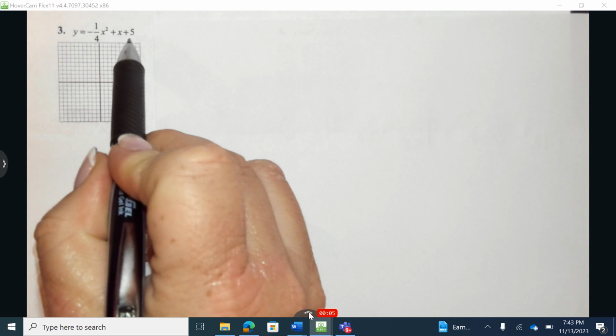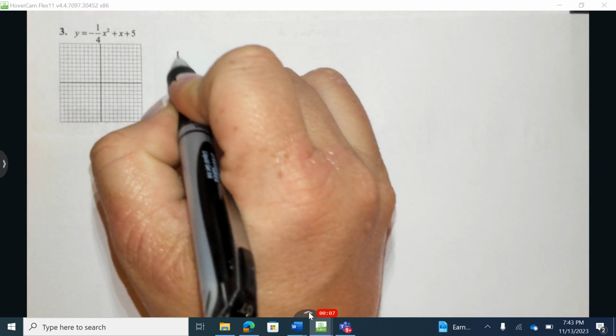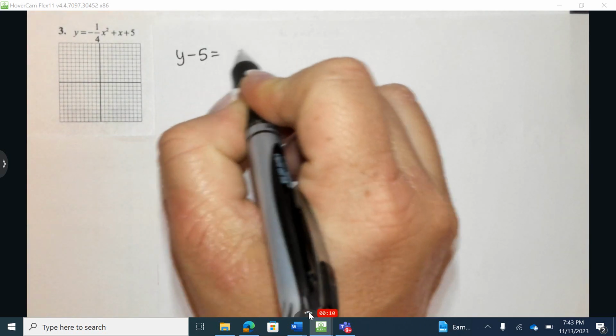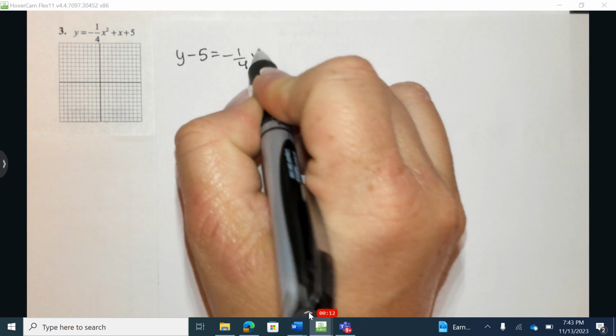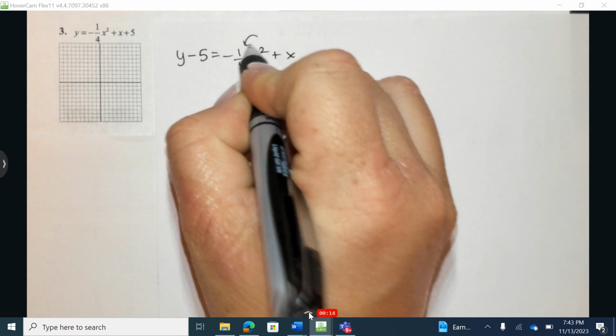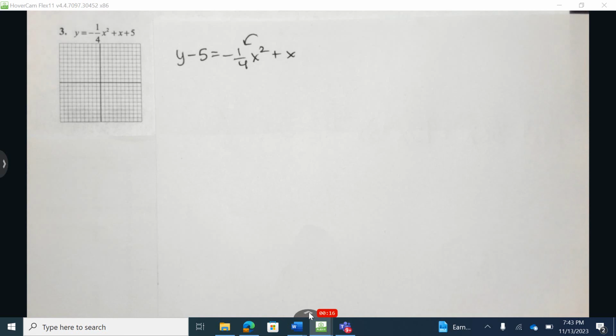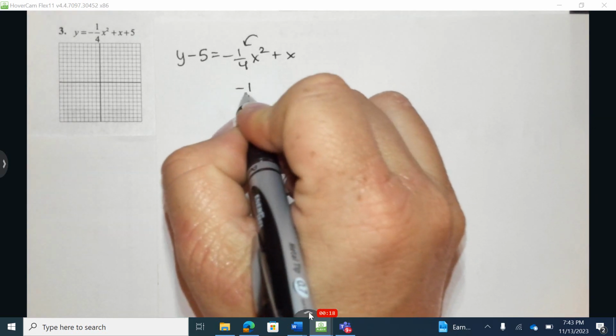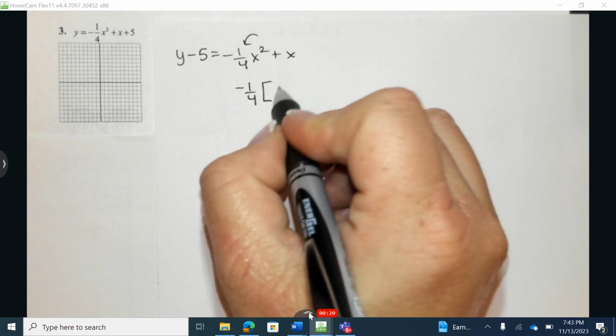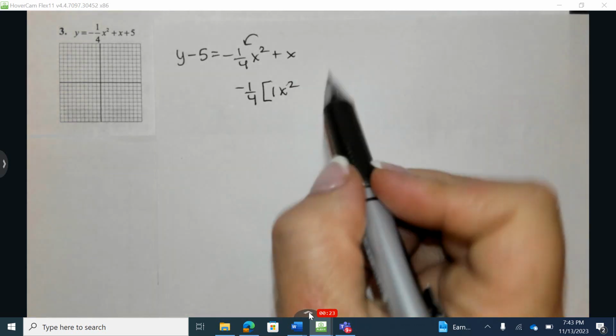Okay, so for this problem, just like number one, the first thing we're going to do is take this constant and move it to the opposite side. So I have y subtract 5. And now the next thing is whenever the leading coefficient, so the number in front of x squared in this situation, is anything other than positive 1, we need to factor that value out. So I'm going to ask myself,